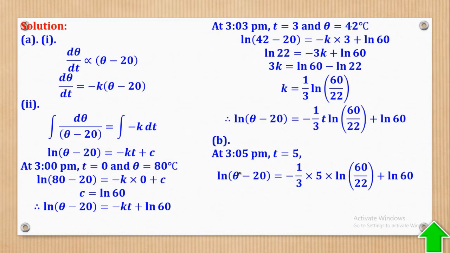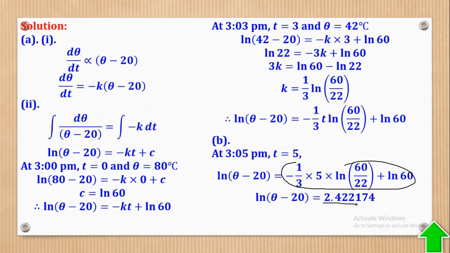When I do that, I'll use the calculator. The whole of this will be equal to 2.422174. Then I will have to make this one the subject. To make it the subject, I'll have to put in exponential. So theta minus 20 is equal to exponential, or you can just press, to get this exponent sign in your calculator, if you have